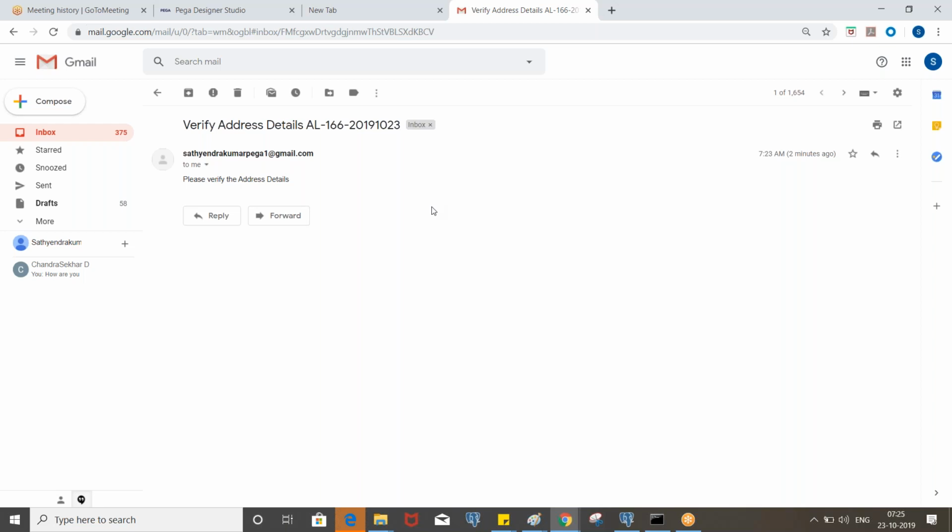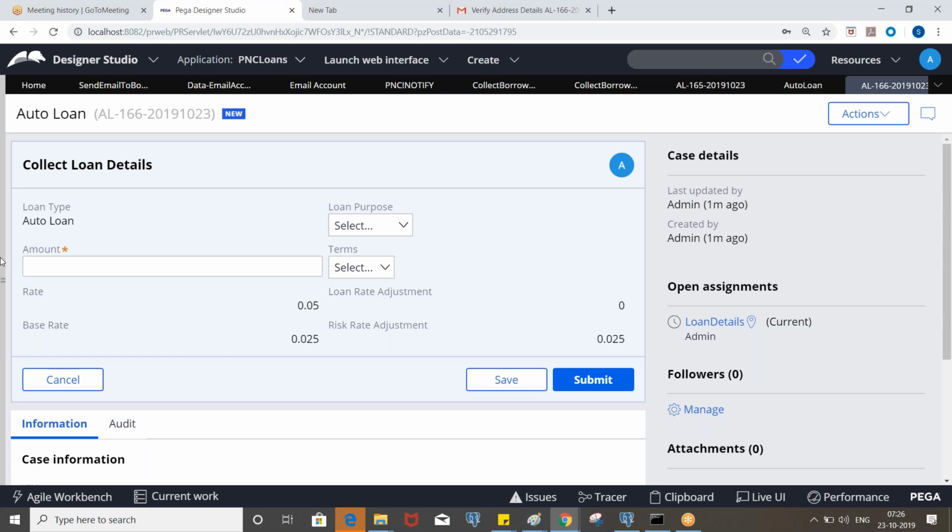So what we can do is include a borrower details section for the email body. For that, we need to create the correspondence rule. We have an email correspondence that we use to send as part of the email body. Any questions so far?